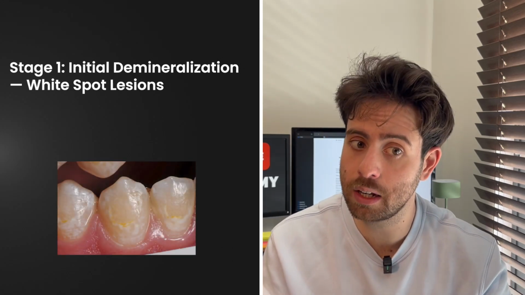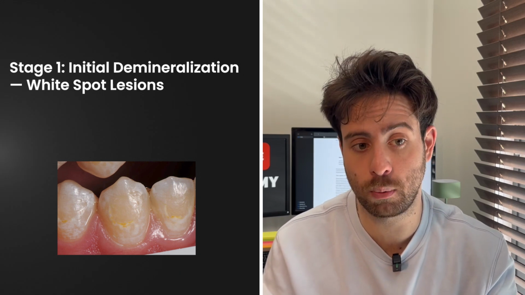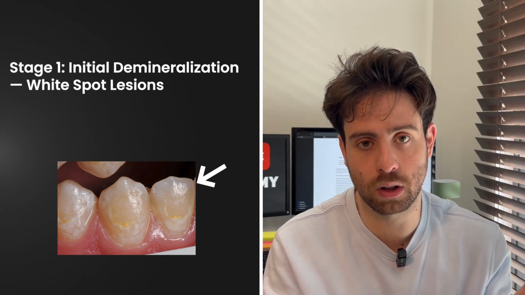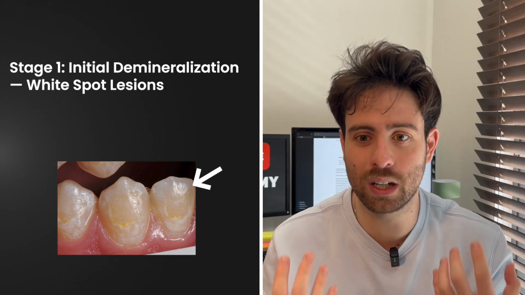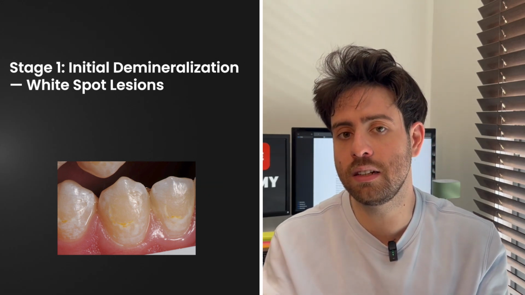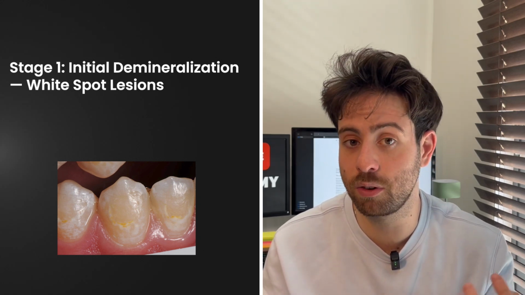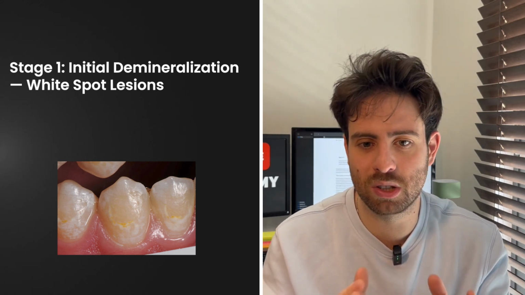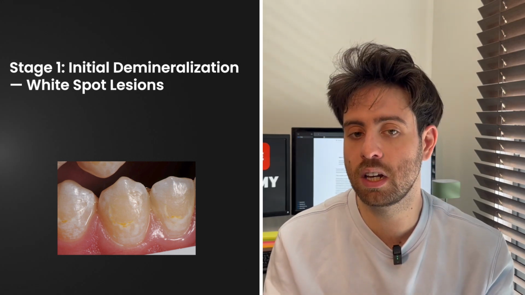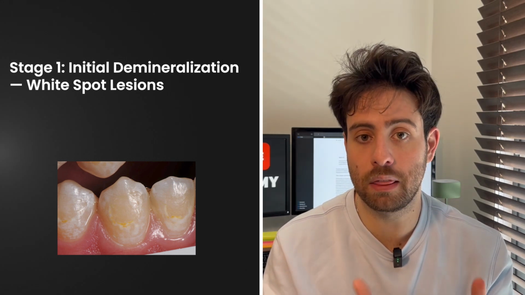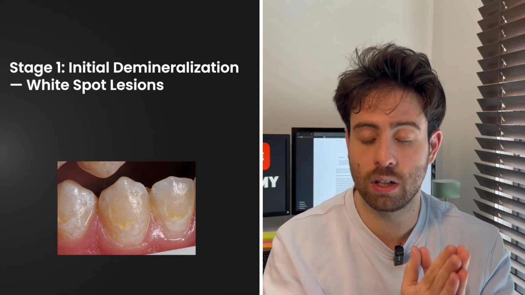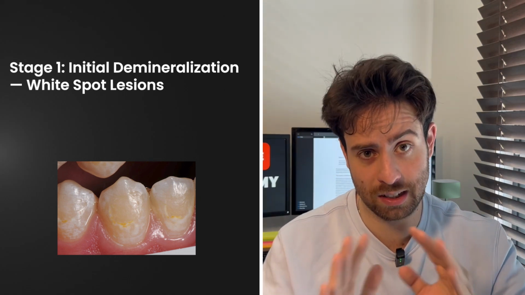So that's where everything begins, and that's where we have the most treatment options. Clinically, what we might observe is what we call white spot lesions, and these are chalky white areas on your tooth surface that look different from the surrounding enamel. And these spots might feel slightly rough on your tongue, and they're often so subtle that most patients don't notice them. And under magnification, these areas show increased porosity, but the enamel surface remains largely intact. And think of it like a sponge that's starting to develop holes but hasn't collapsed yet.